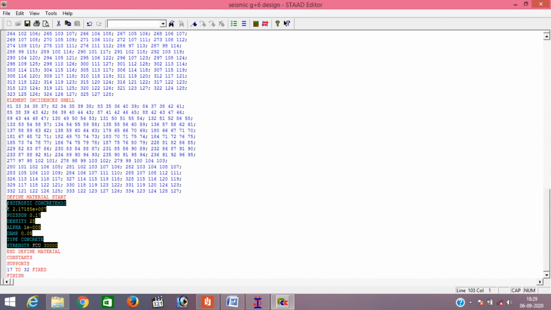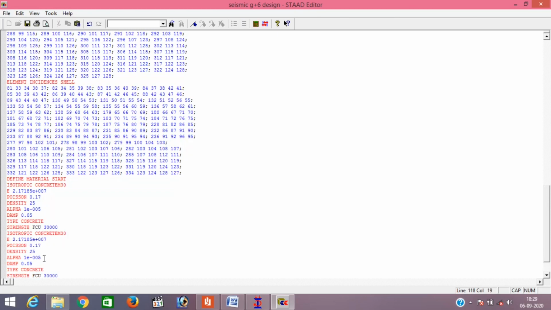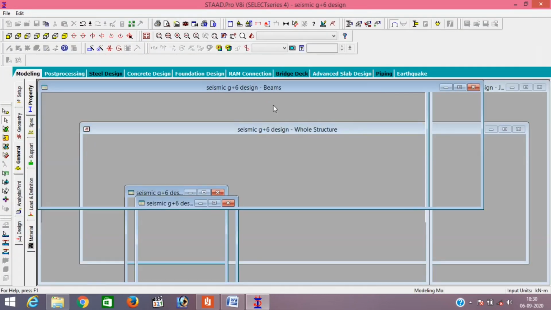So here provide 25. Then for M25 grade, we just copy all these lines and paste them at the bottom. And for M25 just write 25 and the strength is 25,000. Okay, then Control S, save it.